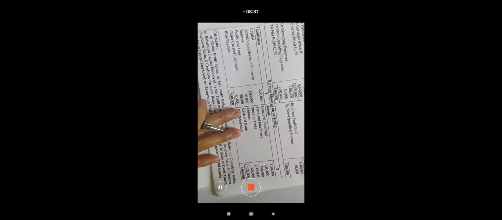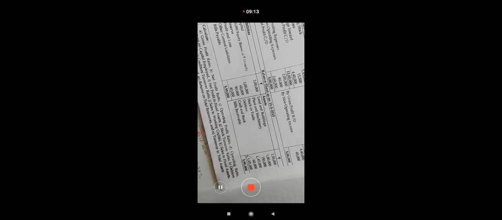Cost of goods sold means we subtract gross profit from sales. Total sales amount is 9,50,000 and gross profit amount is 4,40,000. We get cost of goods sold amount of 5,10,000. After that, average stock means opening stock plus closing stock upon 2. Opening stock amount 99,500 and closing stock amount 1,50,000 upon 2.